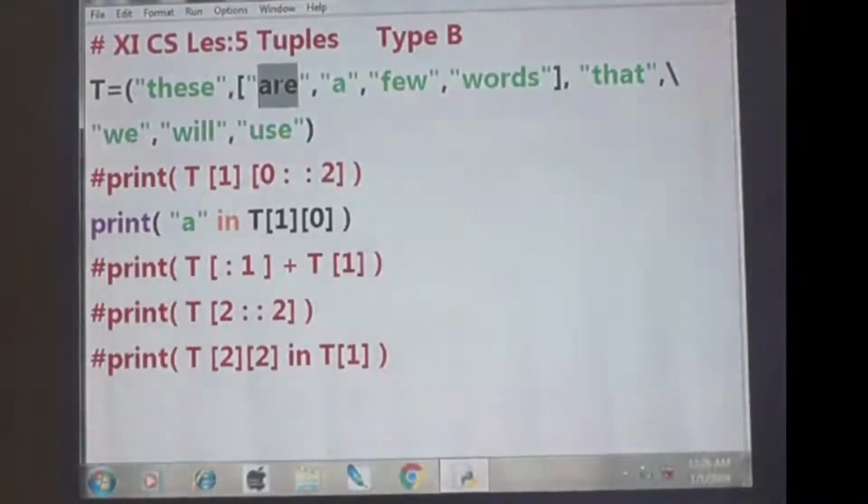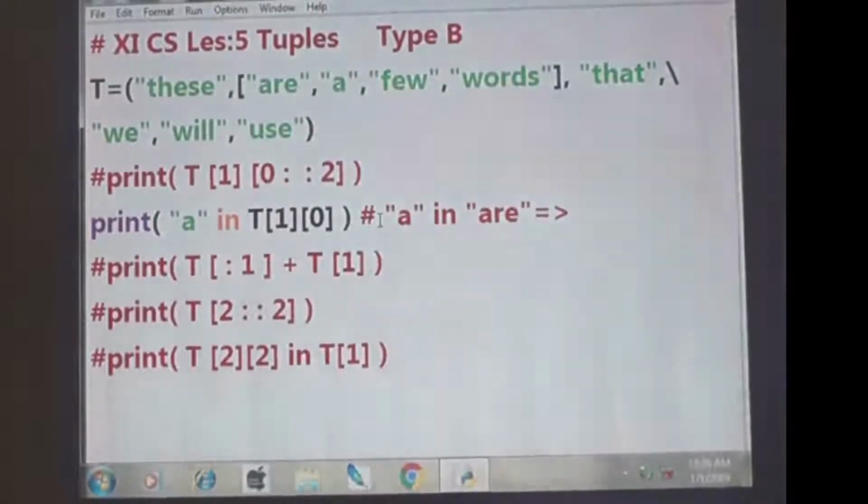What they are asking is whether A is inside this R or not. Understand? I will tell you something. A in R, it implies true or false. So this A is here. Am I right? So A is inside R. Of course inside.